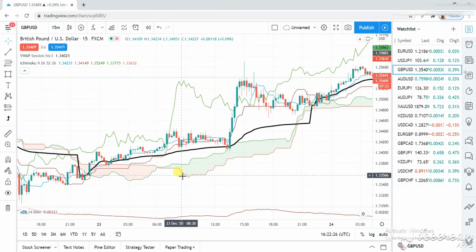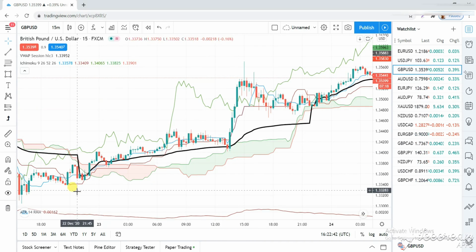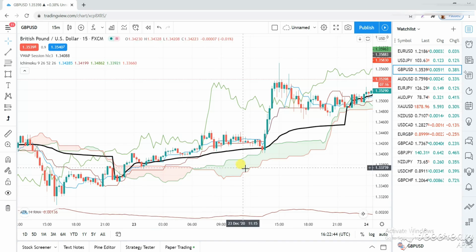And if you guys watched my previous VWAP videos, you see that I say whenever the price comes back to this VWAP line, which is the volume weighted average price line, it means when the price gets back to this point, it's more likely to respect it. All right, I'm not saying it does that all the time. I'm saying it's more likely to respect it if you add it in combination with other confluences, like I'm doing now with the Ichimoku cloud and the entry signal. Like you guys know, I like to take my trades after an engulfing candlestick, and as you can see,